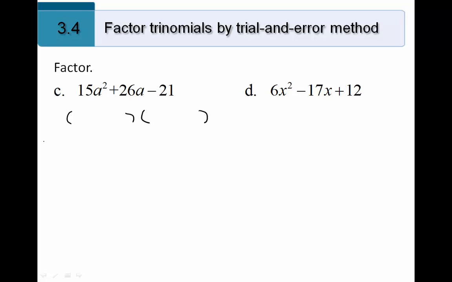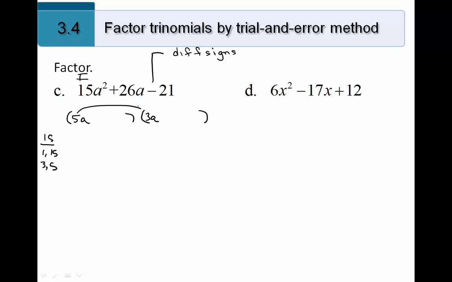So my factors of 15, doing my F. Oh, also note that this is negative. So in this one, I will have different signs down below. So my factors of 15, I have 1 and 15 to choose from, or 3 and 5. 3 and 5 are closer together, so I'm going to start with that. So 5a times 3a